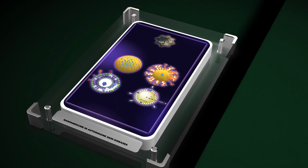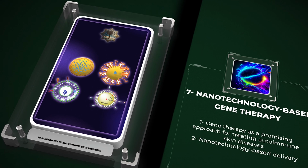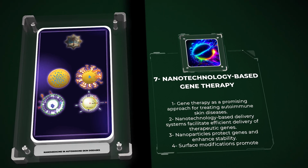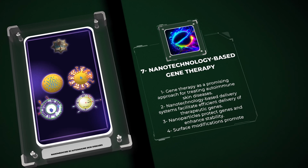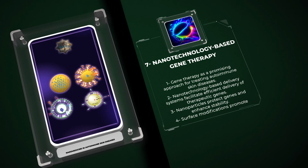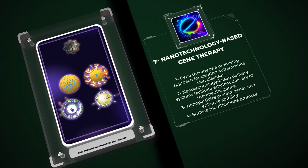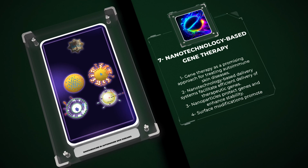Gene therapy offers a promising approach for the treatment of autoimmune skin diseases by targeting specific molecular pathways involved in disease pathogenesis. Nanotechnology-based delivery systems facilitate the efficient delivery of therapeutic genes, enabling precise modulation of immune responses in the skin. Nanoparticles can protect therapeutic genes from degradation and enhance their stability. Additionally, surface modifications can promote specific interactions with target cells, achieving high transfection efficiency. By delivering genes encoding anti-inflammatory agents, immunosuppressants, or regulatory proteins, nanocarriers can help modulate immune responses and restore immune balance